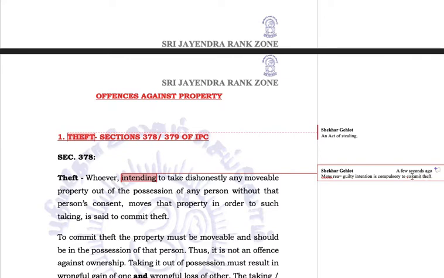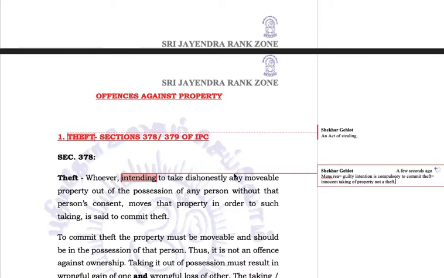Which means innocent taking of property is not a theft. If someone innocently takes a property belonging to someone else, it won't be a theft. Theft is only when someone is intending to take dishonestly